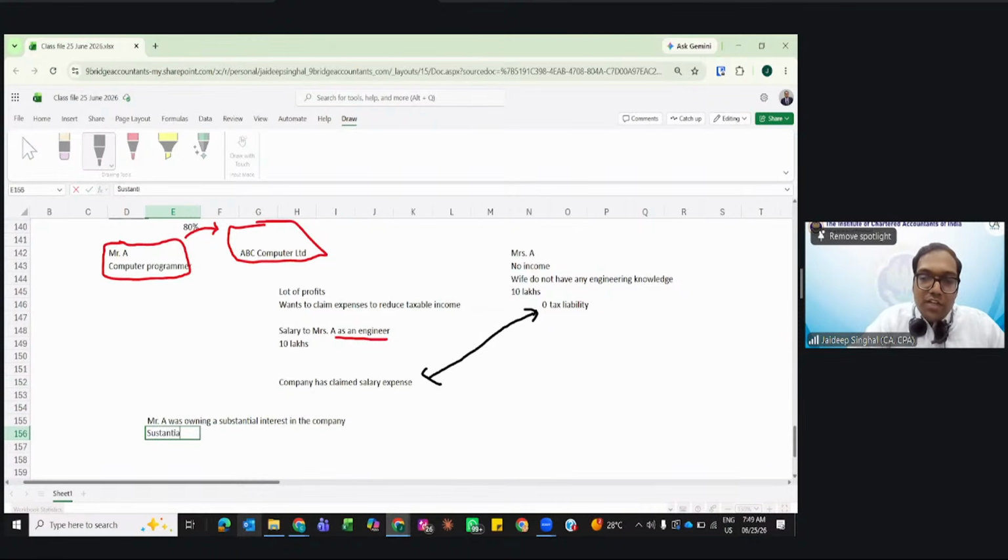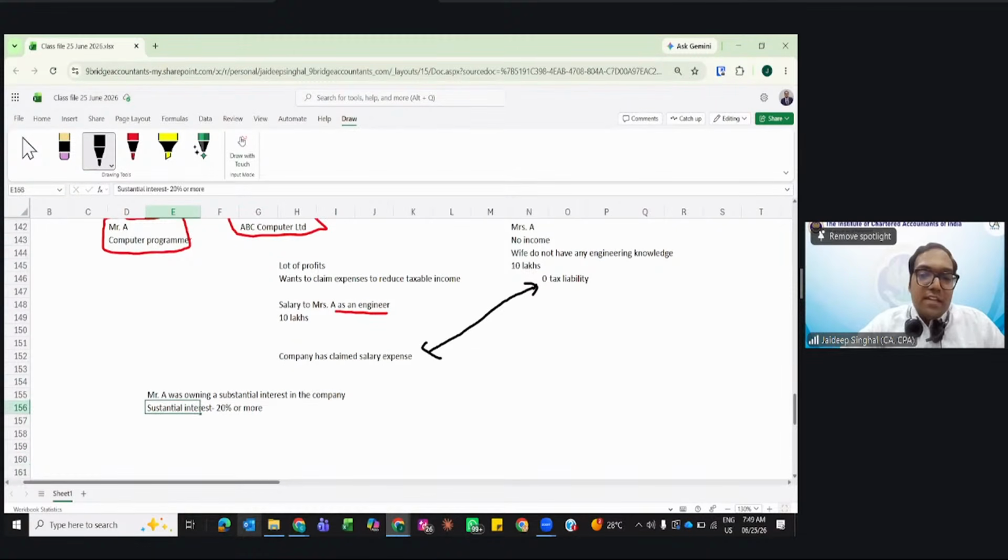What is substantial interest? If you own 20% or more. Mr. A is owning 20% or more, and they have paid remuneration to the spouse,